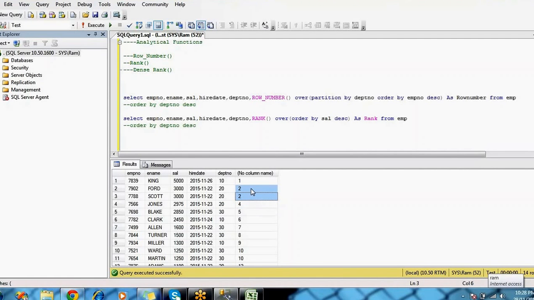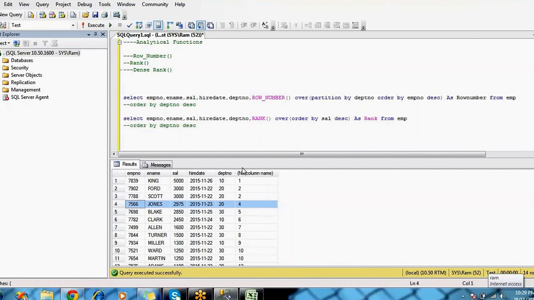If two people have the second rank, it considers one as 2 and the other as 3, so the next one gets the fourth rank. There is a gap between the second rank and the fourth rank.